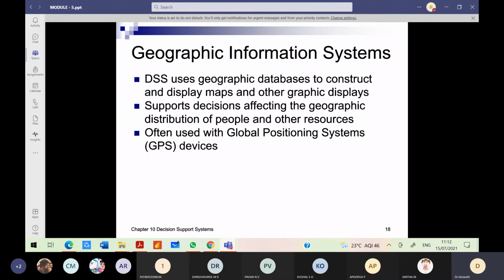The decision support system also uses geographic databases to construct and display maps. Depending upon the applications for which we are developing the decision support system, it becomes mandatory that the relevant database is used, because the data is important for the decision support system.